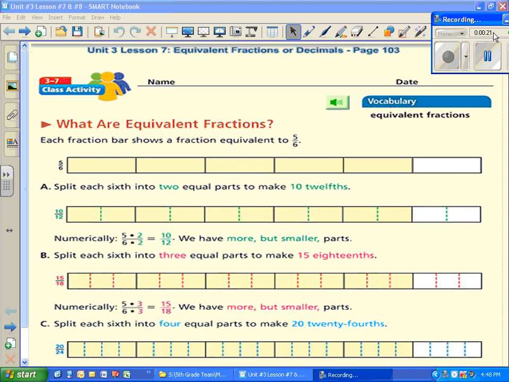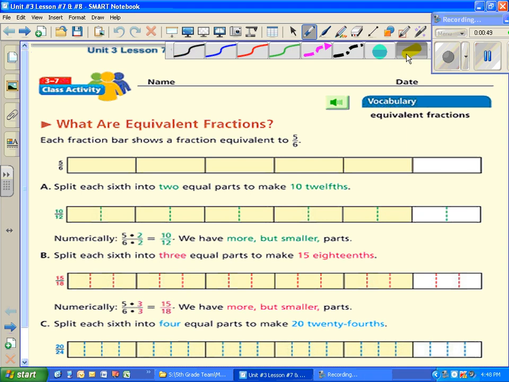And what it's showing us here is that this fraction bar here, 5 out of 6 parts are shaded. 1, 2, 3, 4, 5. Now, if you were to split each part into 2 equal parts, now you would have 12, 1, 2, 3, 4, 5, 6, 7, 8, 9, 10, 11, 12, and there would be 10 twelfths. 5 times 2 equals 10, 6 times 2 equals 12. We have more, but